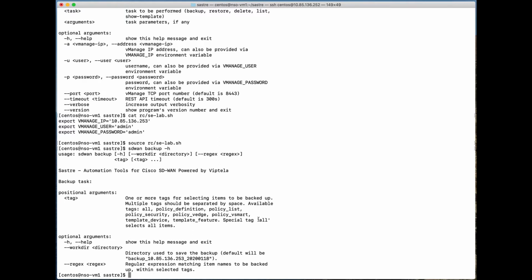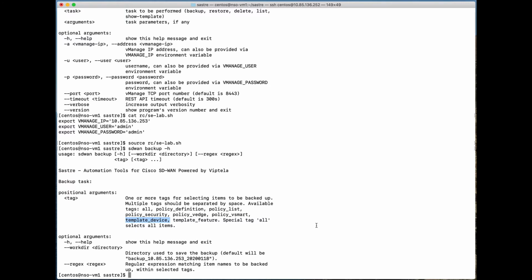So there is a special tag all, which means you're backing up all configuration items from vManage. But if you want, you can filter and, for example, only back up device templates or vSmart policies and so on. Okay, so let's start with a